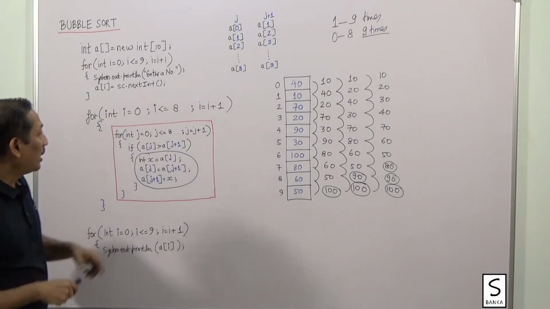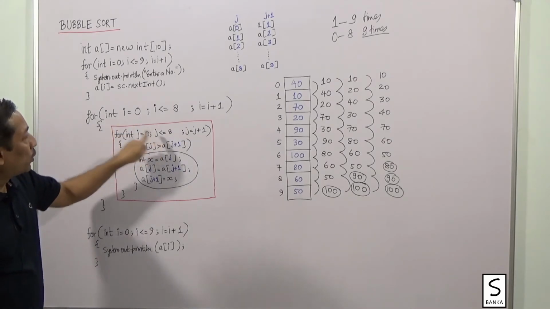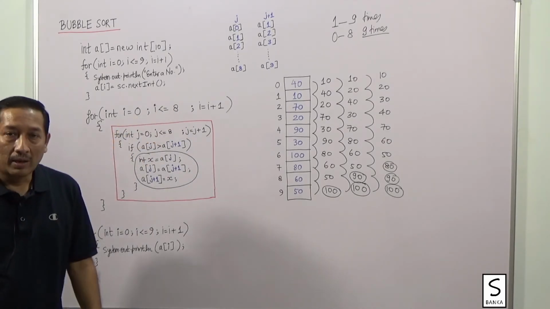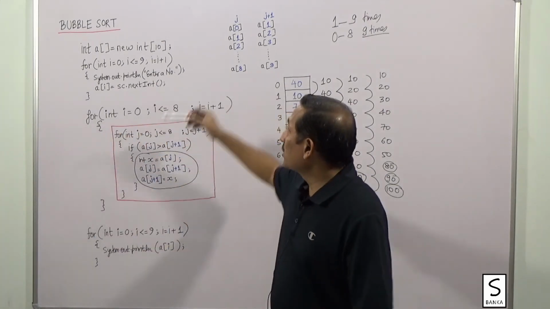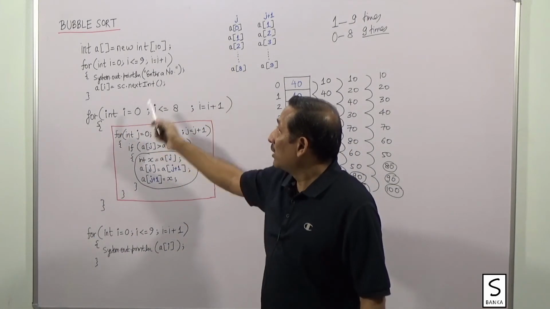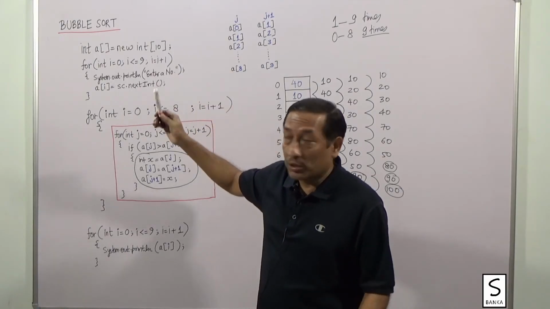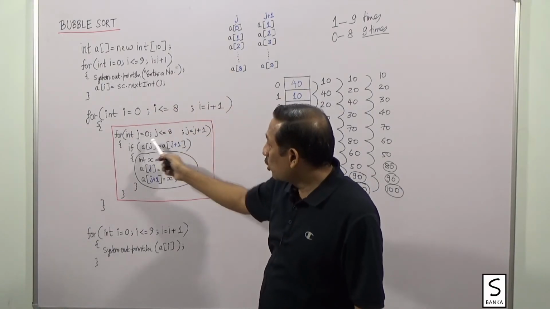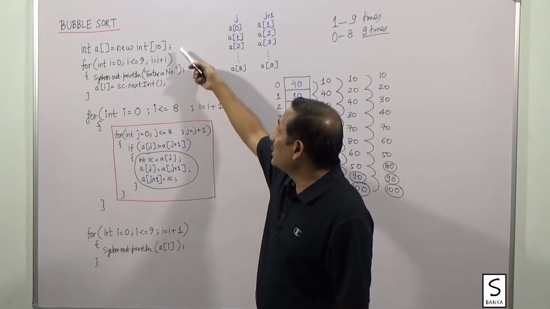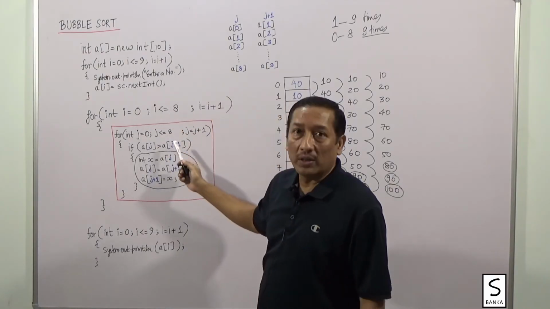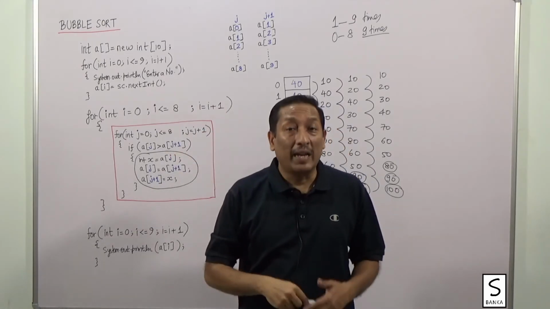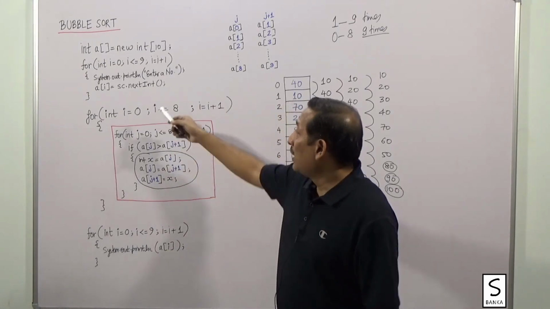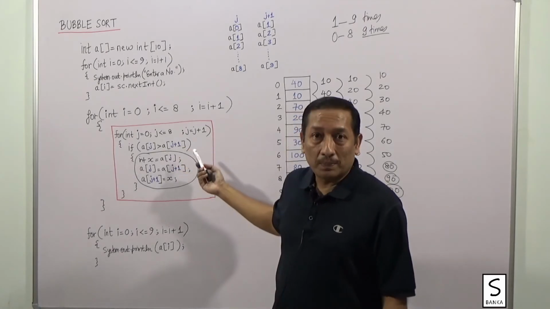Because that way we will find that the inner and outer loops both will have the same values. And that actually makes the programming easier. How? Suppose the size of the array is 10. So 10 minus 2. The idea is 10 minus 2. So it will be 0 to 8 and the inner loop also will be 0 to 8. If the size is 50, 0 to 48, 0 to 48. If the size is 100, 0 to 98, 0 to 98. If the size is n, it will be 0 to n minus 2, 0 to n minus 2.